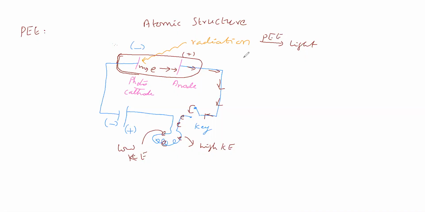Okay. So photoelectric effect means what? Radiation is converted into electrical energy. That is called photoelectric effect. So we came to know what is meant by photoelectric effect. Now we will see what is called